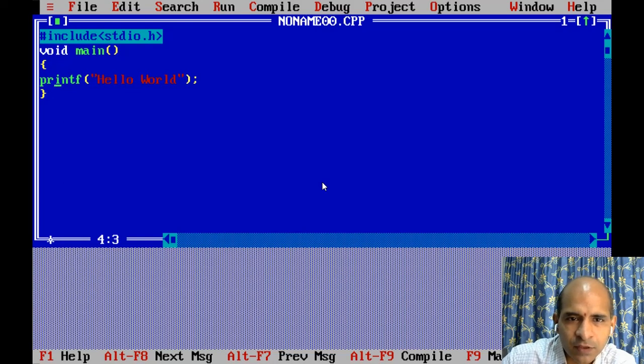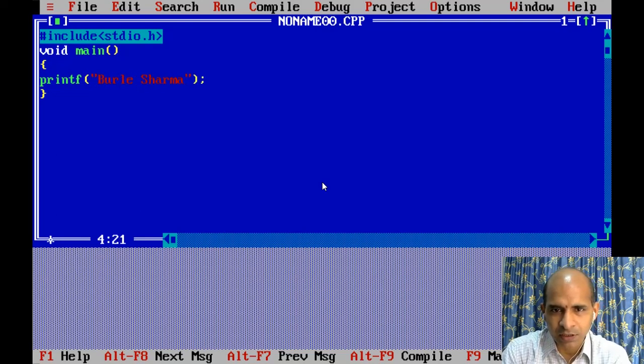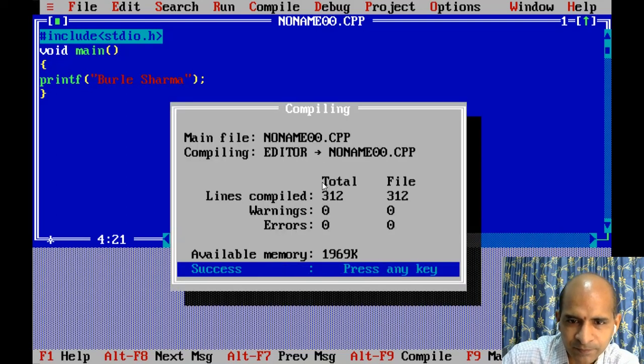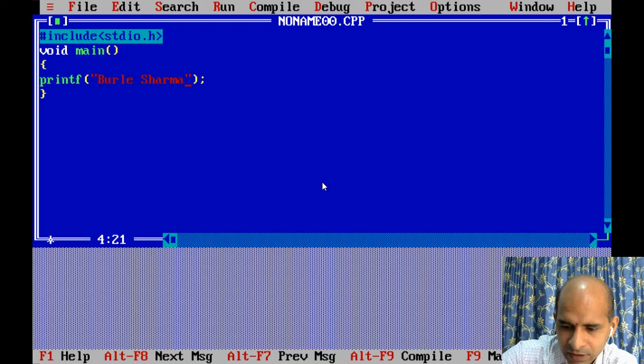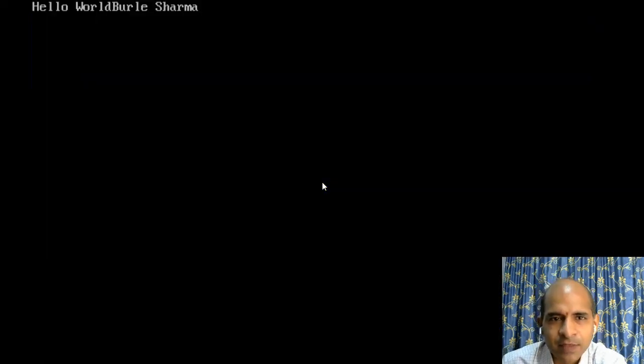Now instead of hello world I want to display my name, that is Burli Sharma. Just compile the program, alt F9 success, control F9, and the answer is available on the output screen. You expect your answer to be available on the output screen, that is quite good, but along with that another message is also available, and that is hello world.